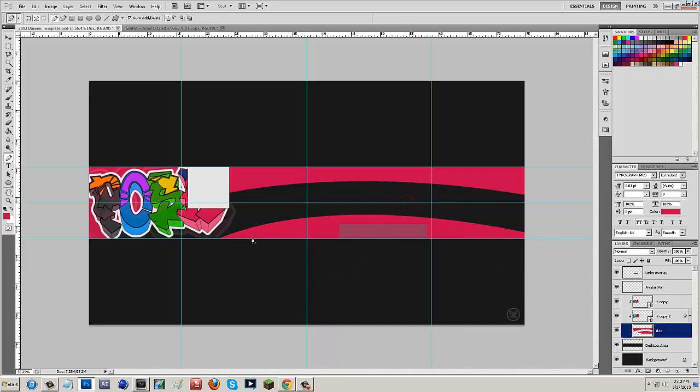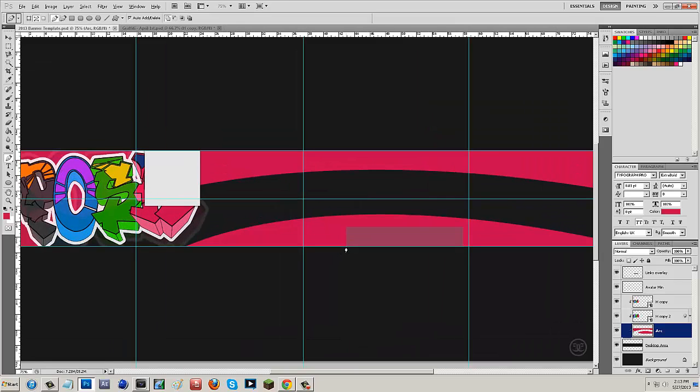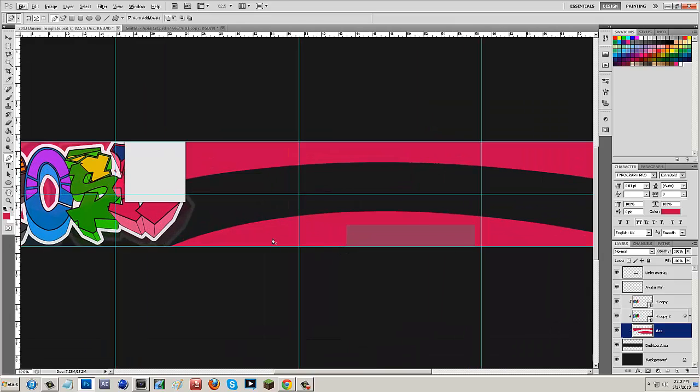Okay. Alright, so now we have this kind of arc type deal going on right here, and what we're going to do with this arc is we're actually going to have this be the center point, and we're going to take away some of the arc so we can add like a little message in there. So what I'm meaning by this, and I'm actually going to